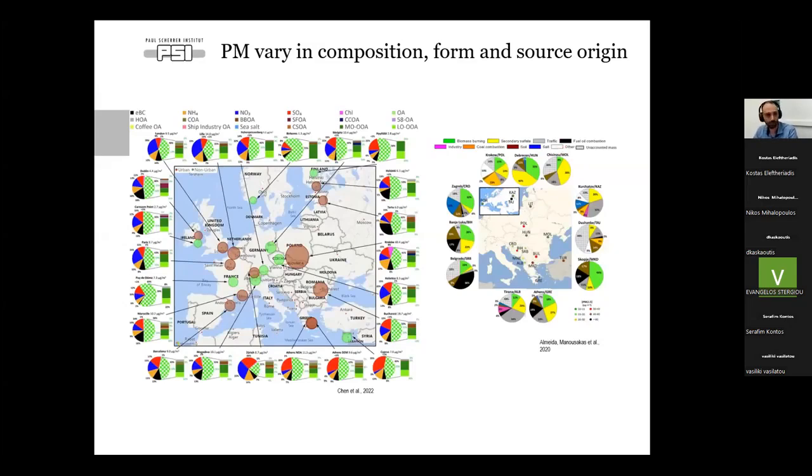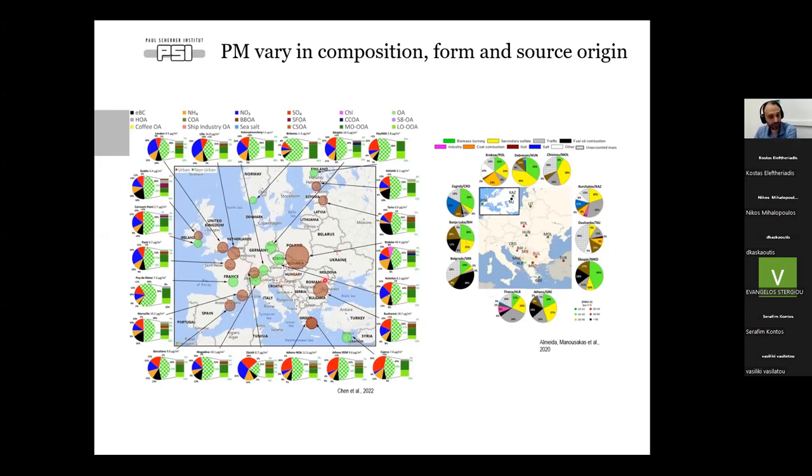As we all know, PM vary a lot in composition depending on the area that we collected them from or studied them. This happens because PM are emitted from a variety of sources, and depending on what type of sources they come from, the composition is different. Here we have two examples of that, two overview studies. One includes only European countries, the other mostly European countries.